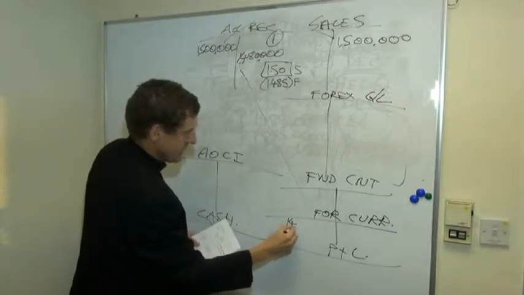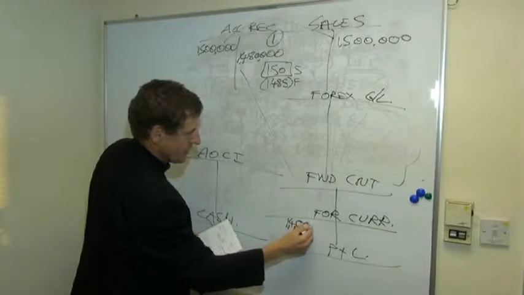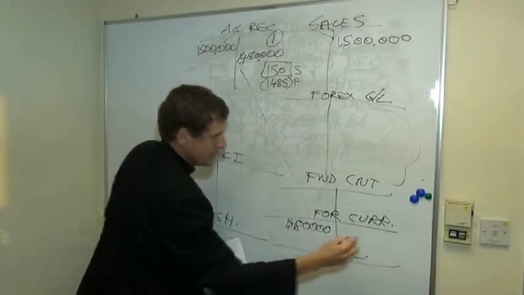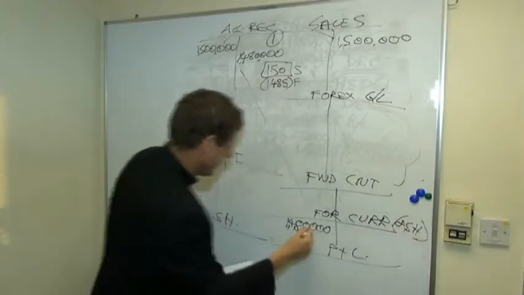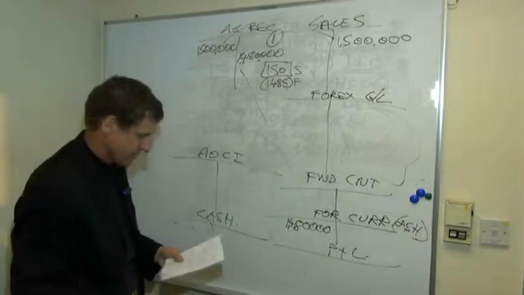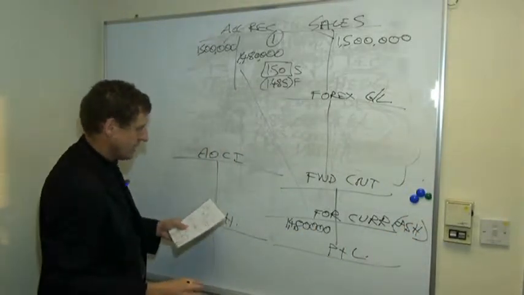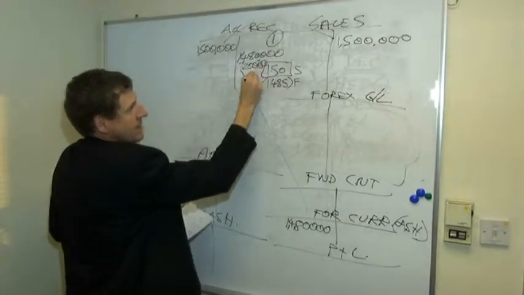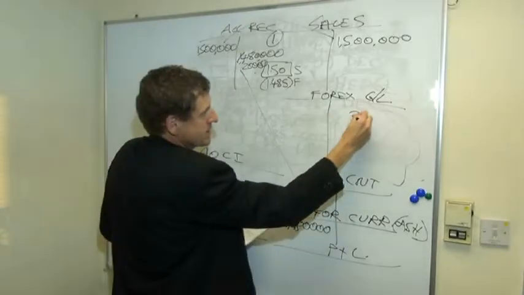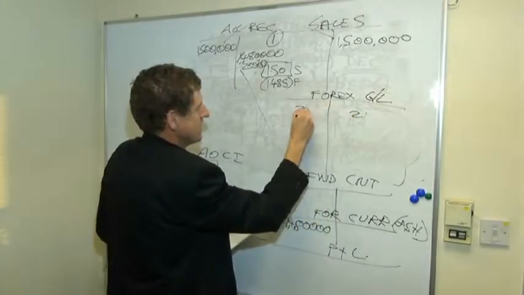All right. In some ways, what I showed you earlier, this is cash. So we're going to bring this across to cash in a minute. Okay, we're going to bring that across. But what's important now is that we need to register another 20,000 here, and that becomes a gain or loss, like we did before. 20,000,